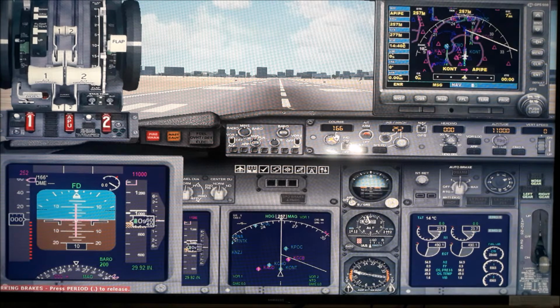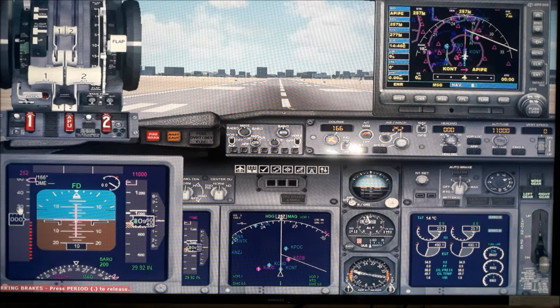This is the flight director button, which will give the vertical pitch and the lateral guidance. And this is the barometric radio altimeter. This is the barometric altimeter. This is 11,000 set.